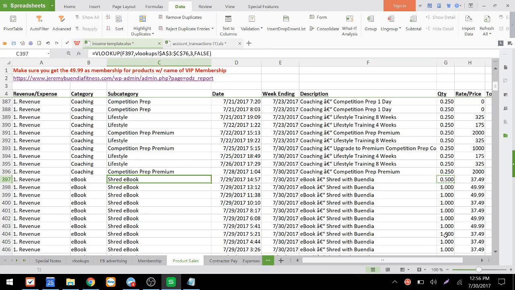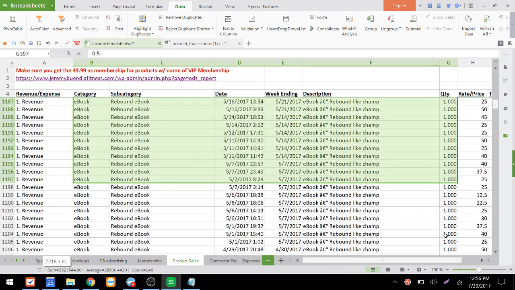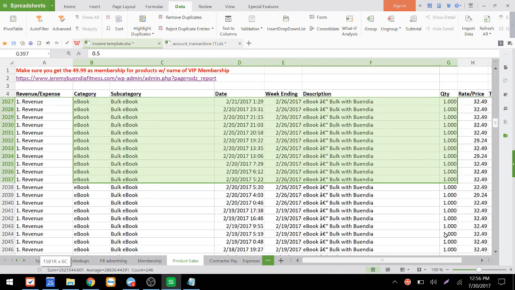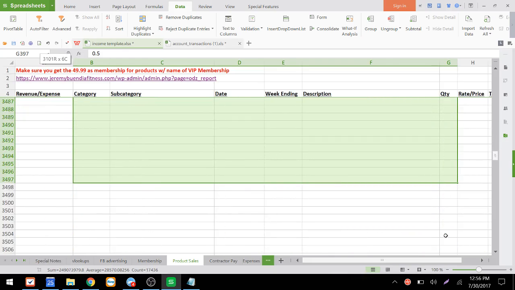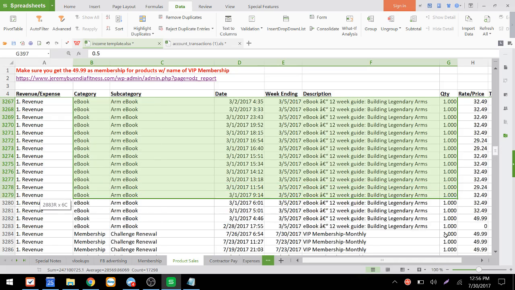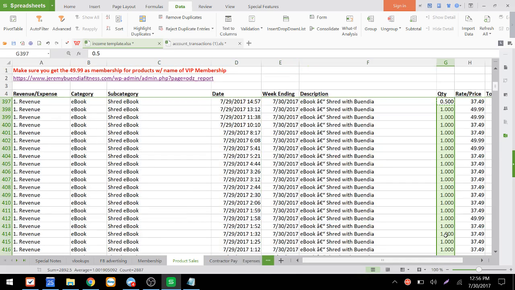And so we're just going to scroll down. I'm holding it down literally because you can see it's a very, very long list. Okay, I went too far. In fact, ebook might be the last part. Oh yeah, there's the few memberships. So we're going to get to here, click 0.5, and they should be good, right?